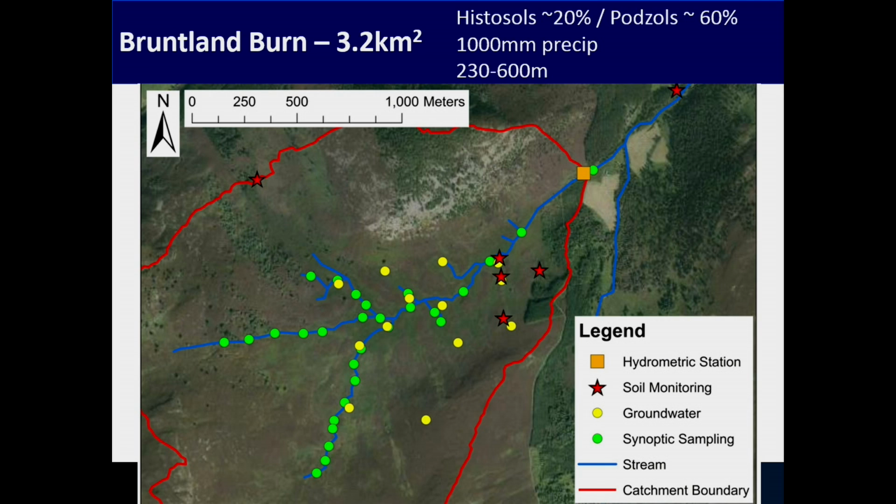So we collected daily precipitation time series of isotopes coming into the catchment. We measured daily isotopes in stream runoff. And increasingly, as time's gone on, we've extended our study. We monitored a representative hill slope transect, going from the peaty valley bottoms to the upper catchment hill slopes. We've also monitored other soil water sites around the catchment, distributed a range of groundwater wells in the catchment, which Chris Gabrielli, who's here, helped us drill a couple of years ago and had great fun doing it. And we've had synoptic surveys of water samples from the stream and the wetlands in the valley bottoms. So we've collected a very rich data set from this catchment in terms of isotope systematics. We've also monitored soil waters and groundwaters for isotopes